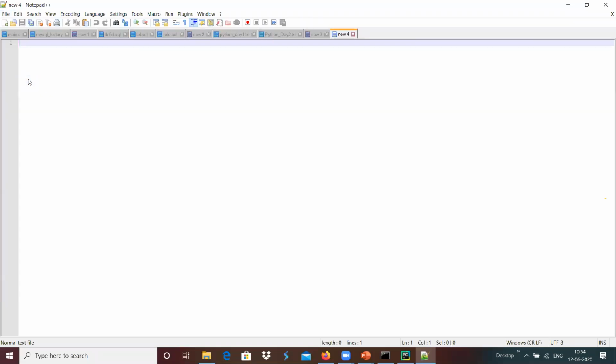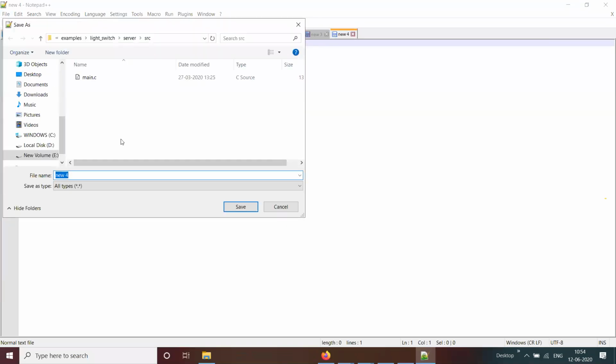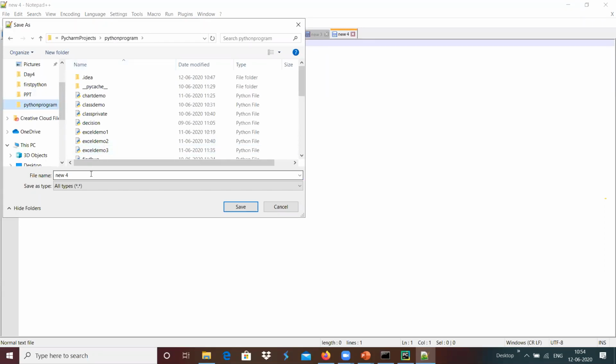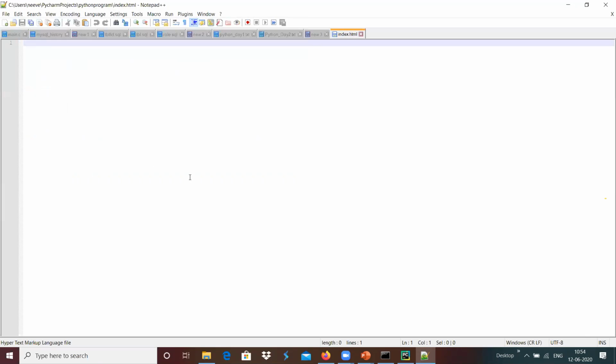I'm going to save this as an HTML file over here, as index.html. And inside the index.html, we can add some kind of tags.